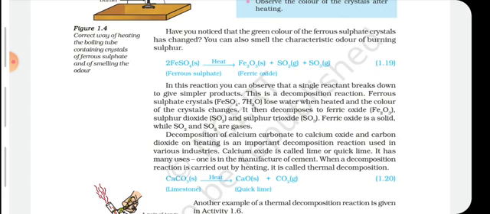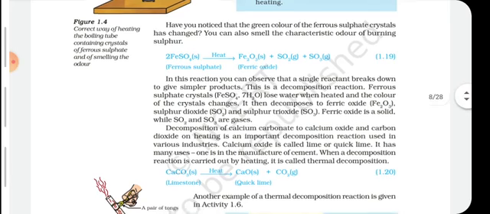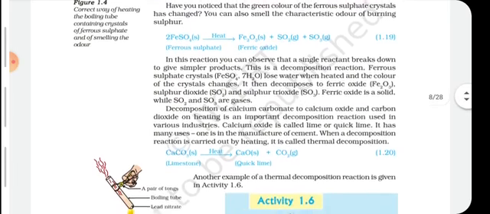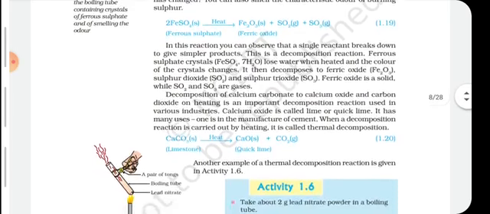decomposition reaction. They have given us various examples where crystallization and recrystallization occur, such as if a water molecule is present with the form of another metal element, it is known as crystallization, and if it loses water, it is known as recrystallization. That we will learn later. So I hope you are clear with this students. What is decomposition reaction? The decomposition reaction is where a single reactant breaks down into more simple products.